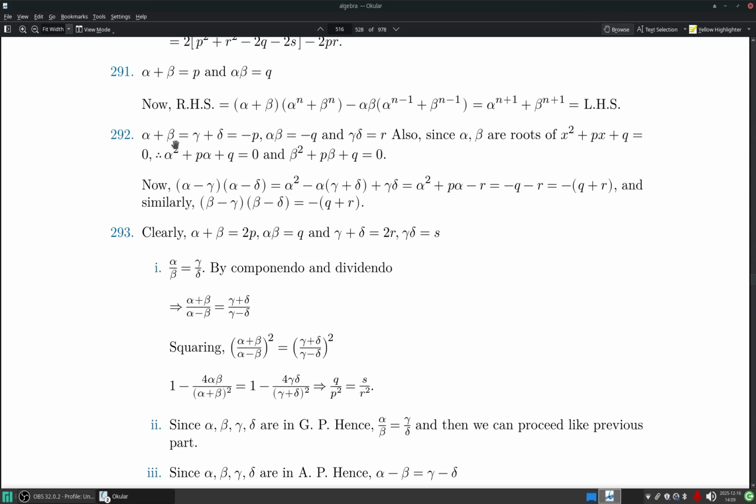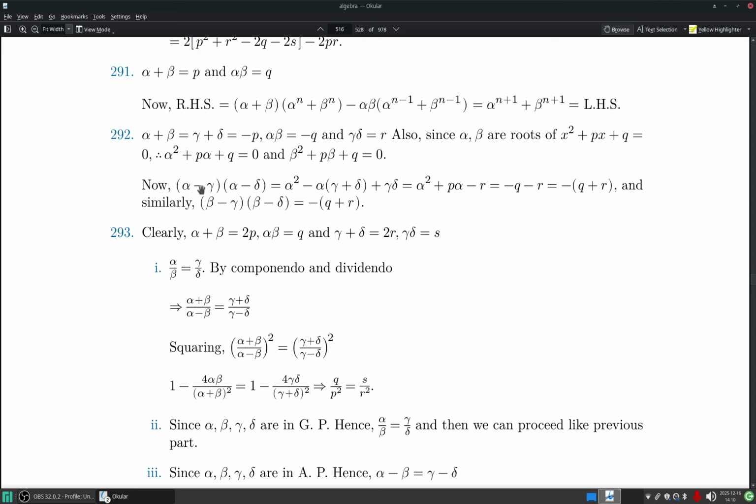So we have alpha plus beta is equal to gamma plus delta is equal to minus p, alpha beta is equal to q, and gamma delta is equal to r. Also, because alpha beta are the roots of equation x square plus px plus q is equal to 0, alpha square plus p alpha plus q is equal to 0, and beta square plus p beta plus q is equal to 0. Now we substitute these values,